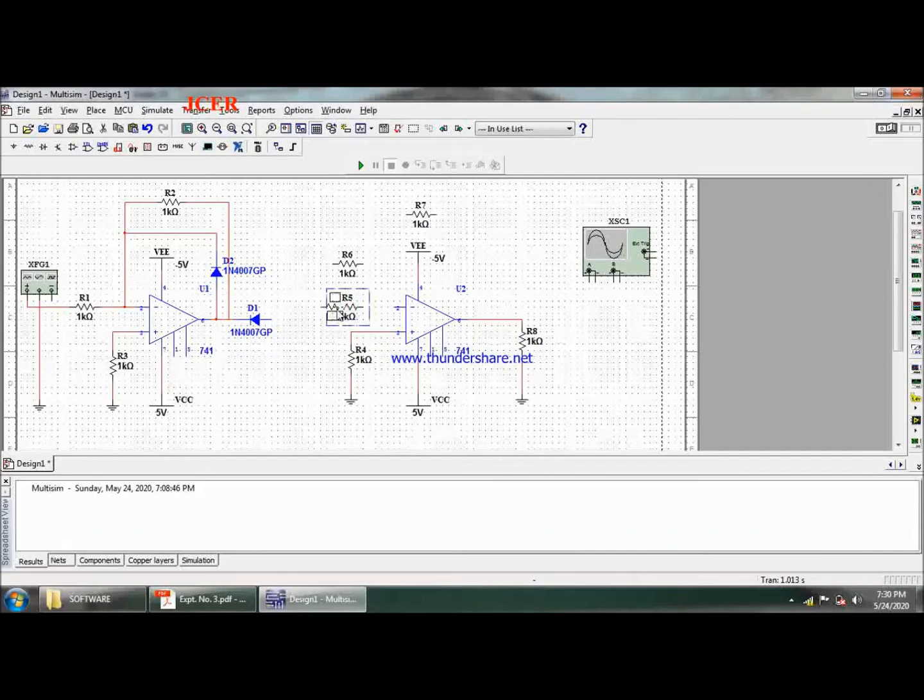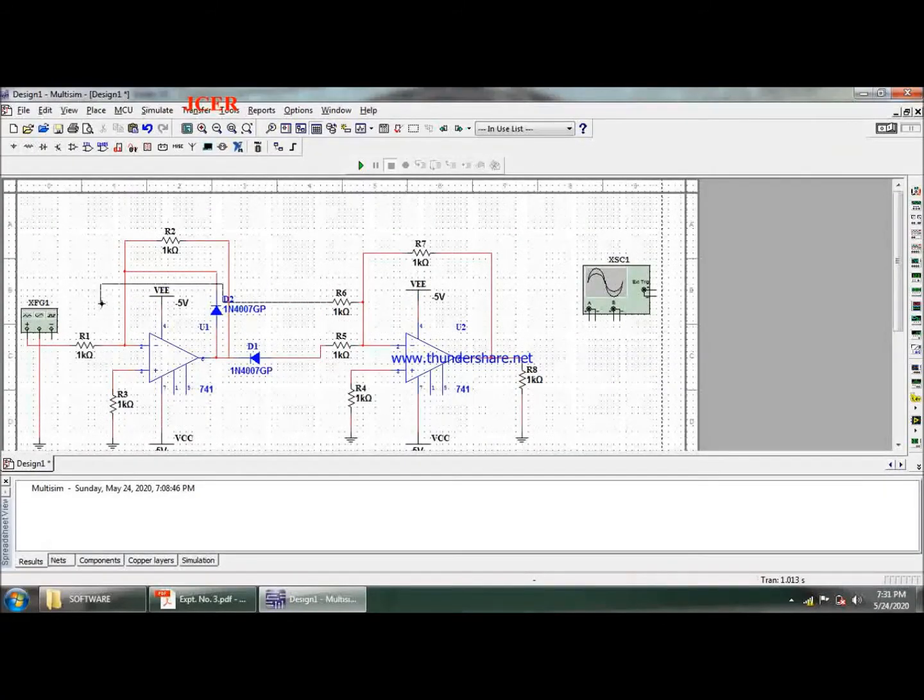Now I can just have the connection over here, that one end of this resistance is connected to the inverting terminal of the op-amp, and even this is connected over here, so that two inputs can be procured at this terminal. So this is also connected over here at the same terminal, and this will be connected to the output of this op-amp. As I said, one of the inputs will be the output from the half-wave rectifier, so that I can provide it over here, and another input will be from